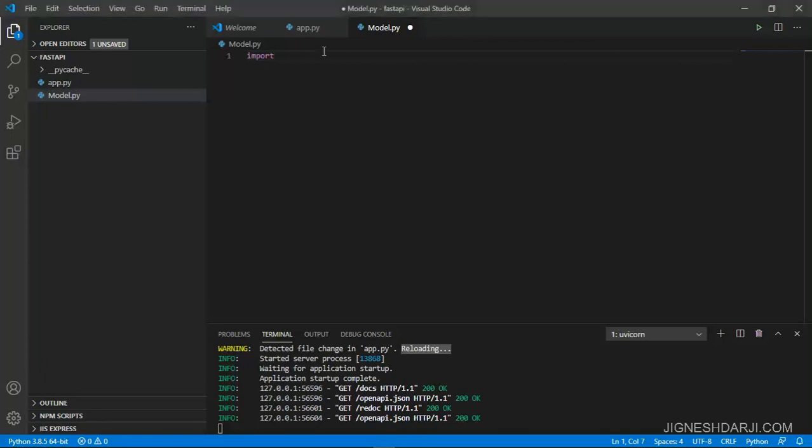We need to import some data science and pandas related libraries over here, so that we can implement the machine learning for that.